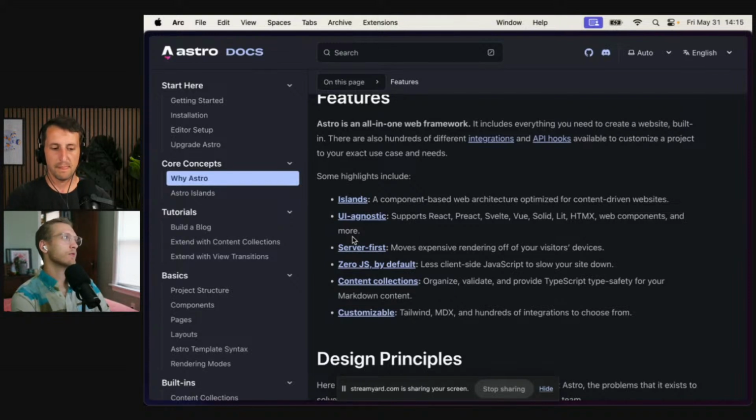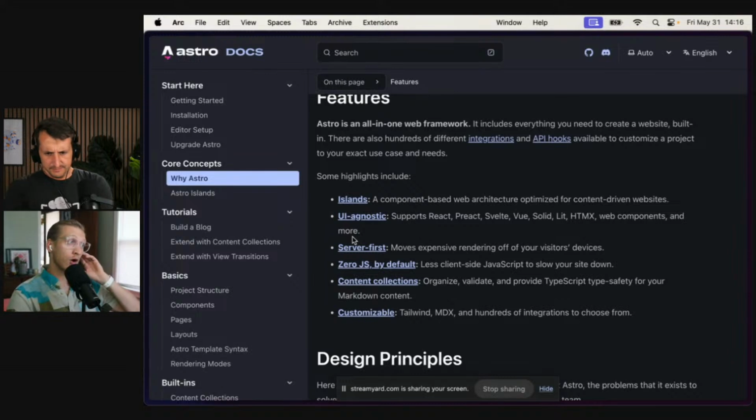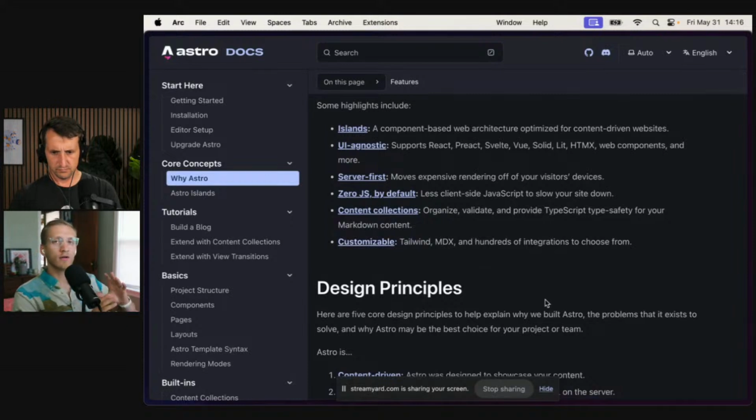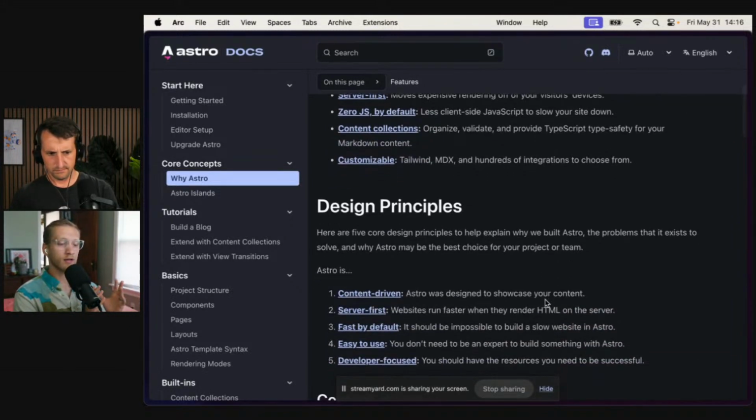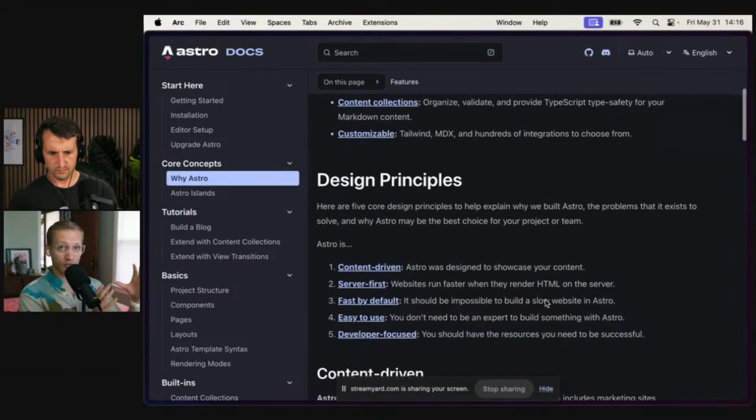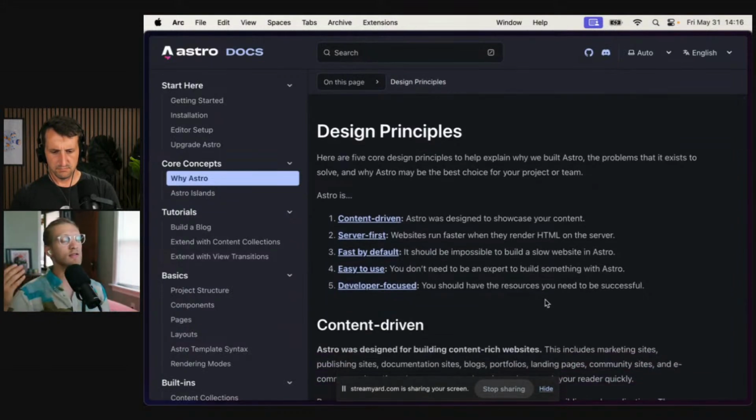I think people were getting a little sick of the idea that when you made a React app, all of your React shipped to the client. Even in server-side rendering for something like Next.js, you run all the React on the server, and then the React gets sent to the client and then runs again on the client. That's a huge amount of code.